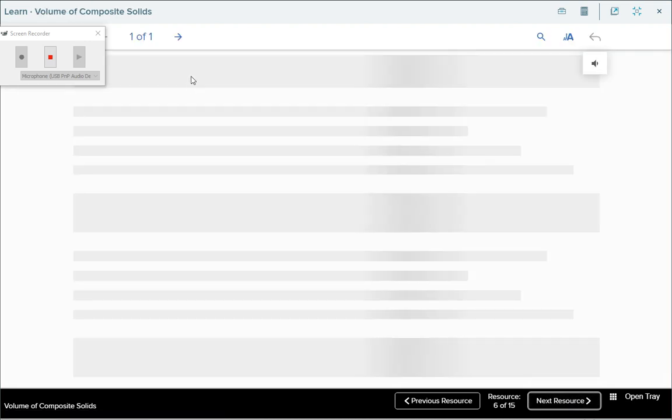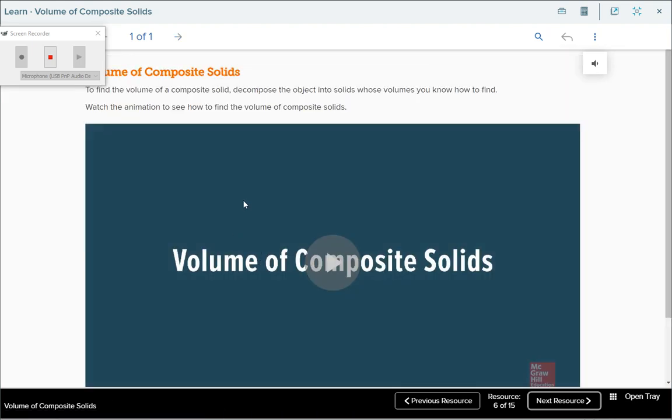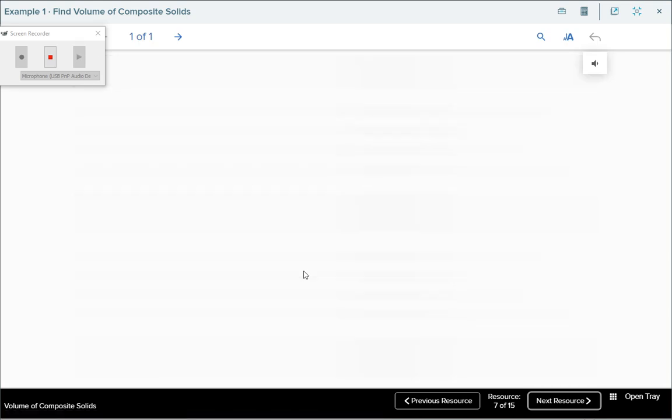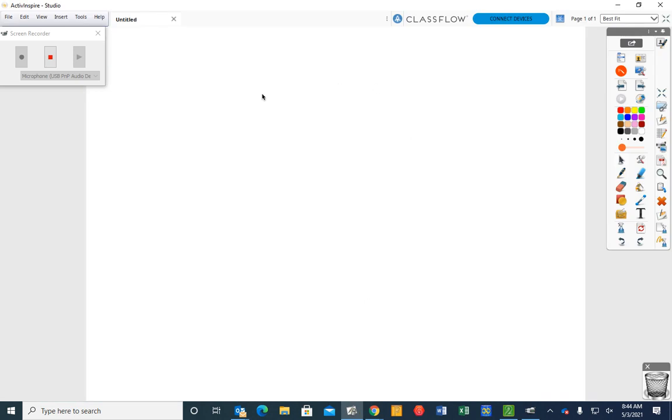So if I had some kind of a figure, let's say I have a figure of some composite solids, meaning two or more solids put together. The first thing I need to do when I have a figure like this is decompose what I have. I'm going to copy this real quick, and then I'm going to take us back to that other screen, and we will try to decompose